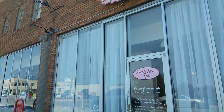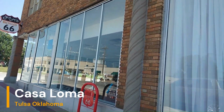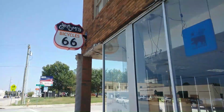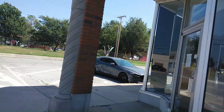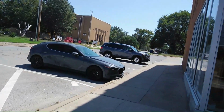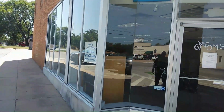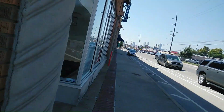Max Campbell loved Tulsa, and Max's vision, hard work and entrepreneurial spirit helped build the city's shopping and residential districts. Campbell is credited with having built Tulsa's first suburban shopping center, the Casa Loma, on 11th Street between Columbia and Birmingham Avenues. It was one of his earlier projects and the land, at that time, was far removed from the city. Originally built in 1927, and now listed on the National Register of Historic Places, the Casa Loma Hotel was